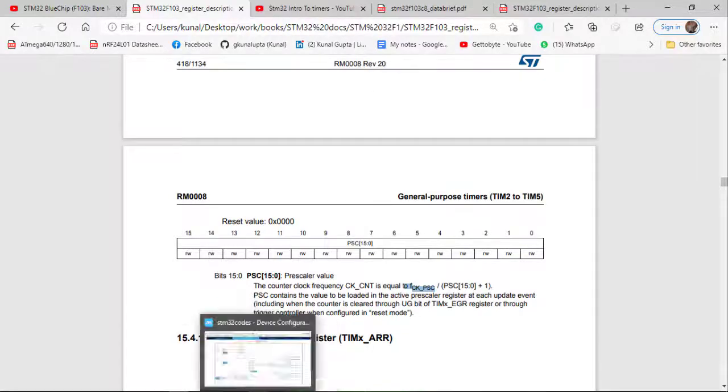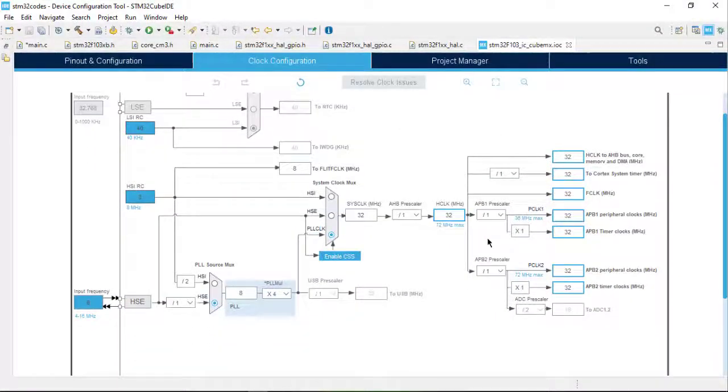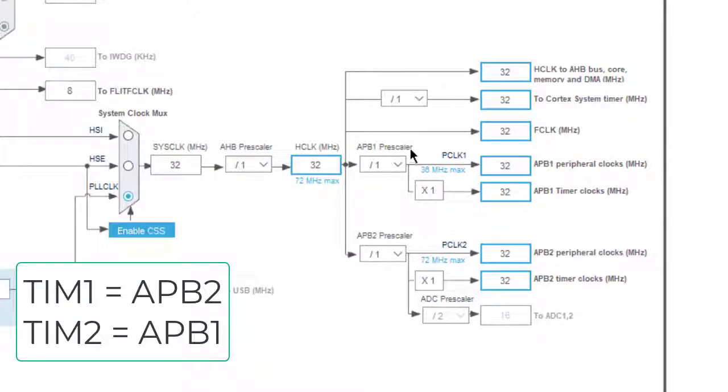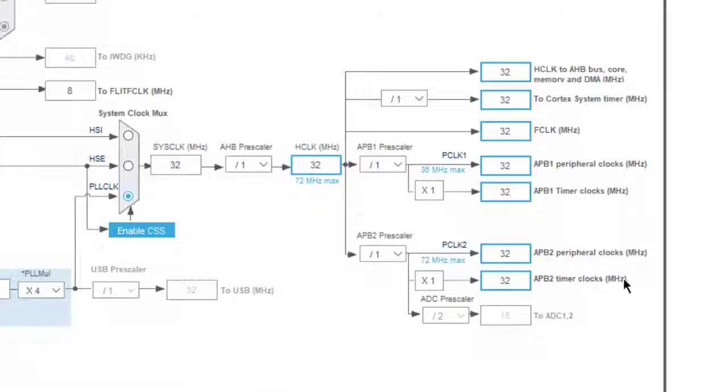As you can see in our clock configuration, from the system clock we feed the clock to our APB1 and APB2 clock buses. Now the APB1 and APB2 prescalers will be selected, and depending upon that, the APB1 bus or APB2 bus will have the desired frequency, and then that will be fed to my timers.